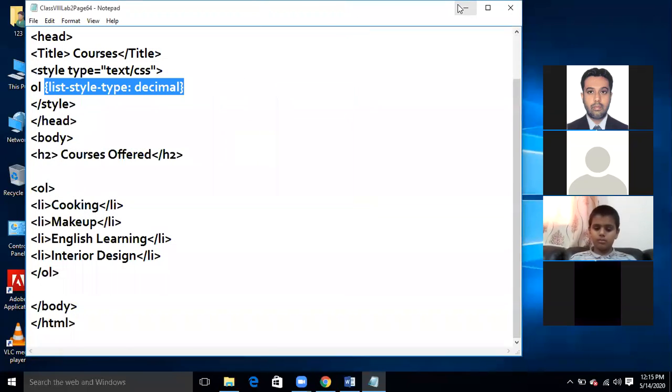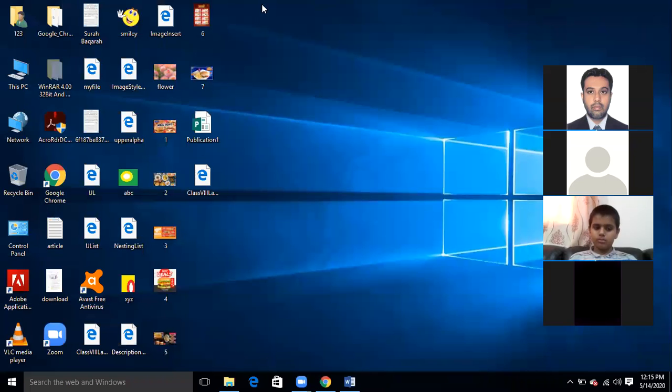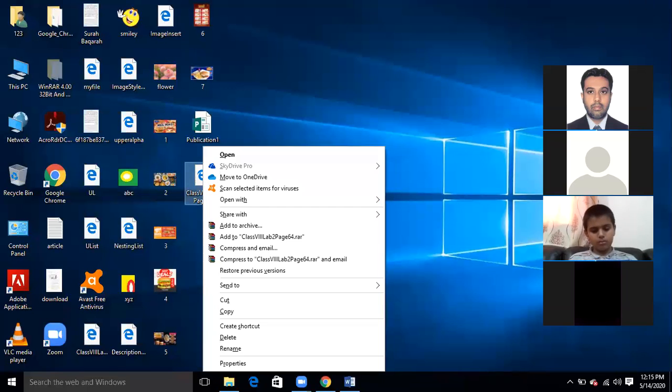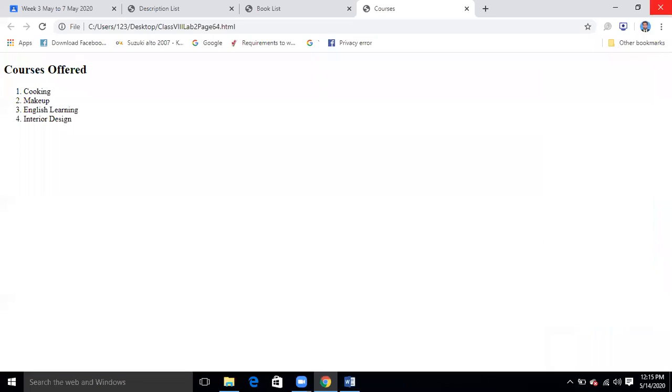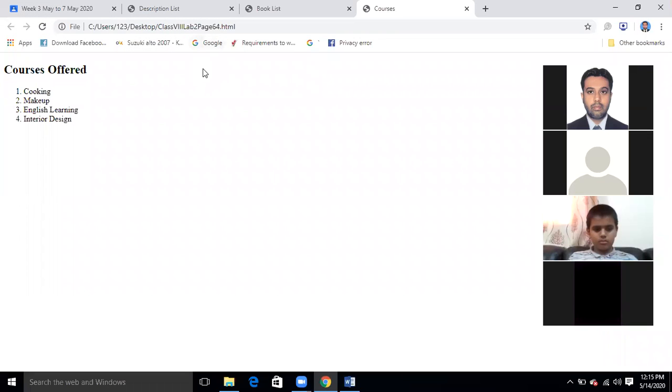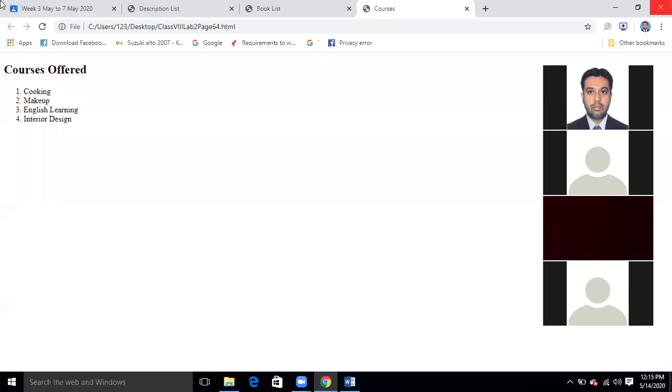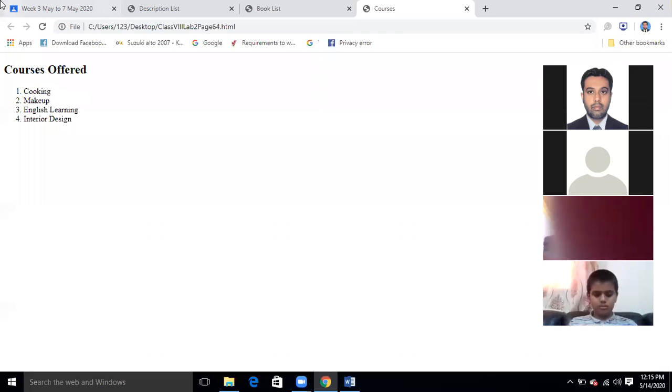Okay, now I'm going to close this window and I'm going to open this as a new page with Google Chrome. Basically, this is the output of the work that we have done over here.